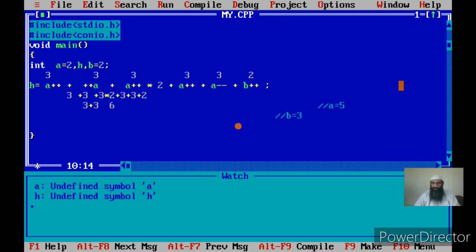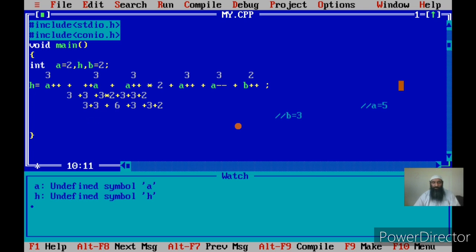We did multiplication because it had higher precedence. Then plus 3 and plus 3 and plus 2. After doing these operations one by one, we will finally have to do these additions, which will be performed one by one. I'll be just simply adding them all together, but they will be done one by one by the compiler at execution time.